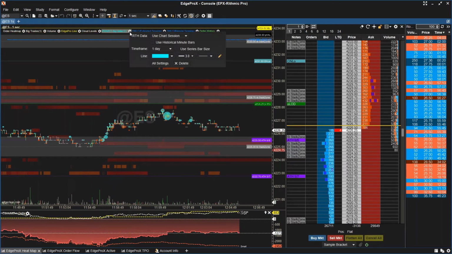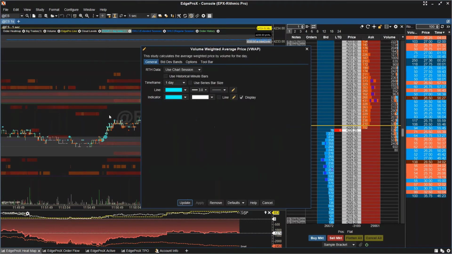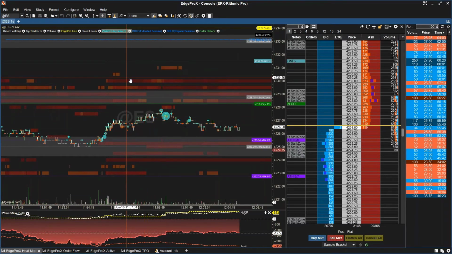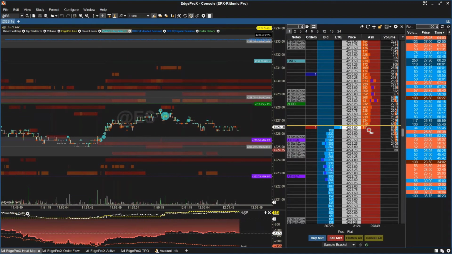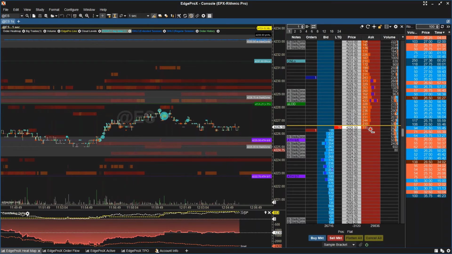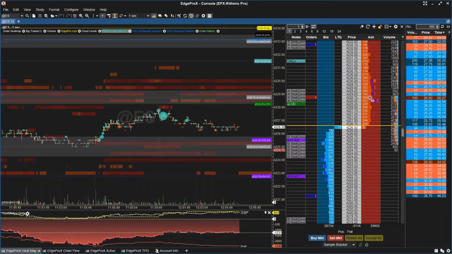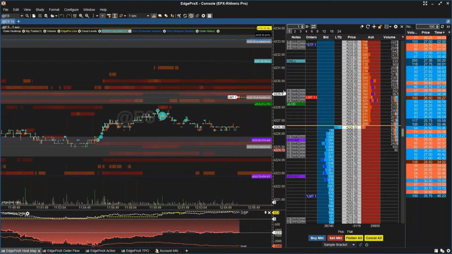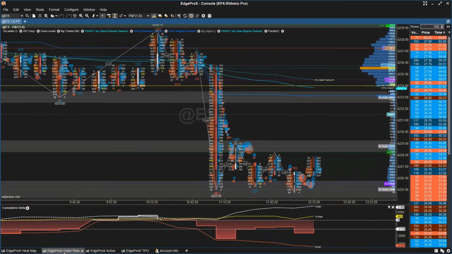We also are able now to layer VWAPs. You can show a full session VWAP versus an RTH VWAP and things like that. The feature that was added with version 6.5.3, which is the current version, is the order history. So now you can see your orders and where they were on any given chart. You can turn on the order history and